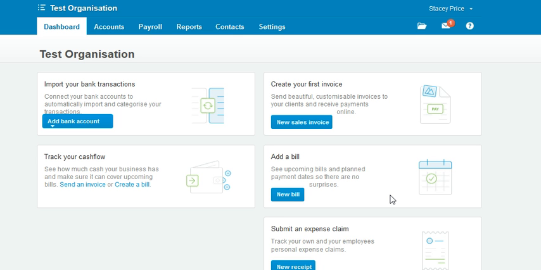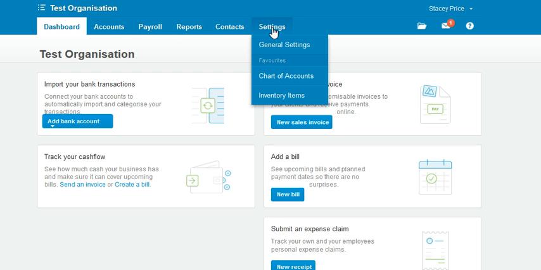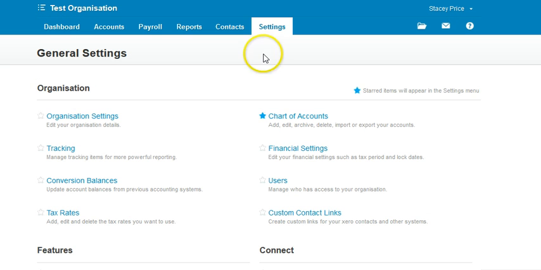Once you log into Xero and you're taken to your dashboard, which is the main screen, there's a settings button in the top toolbar. If you click on settings and then the first option of general settings, this will bring up a whole heap of options, and over on the right hand side there's an option called users. Click on users